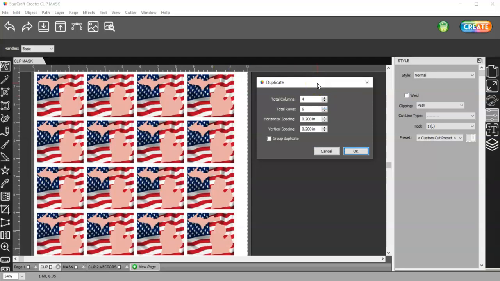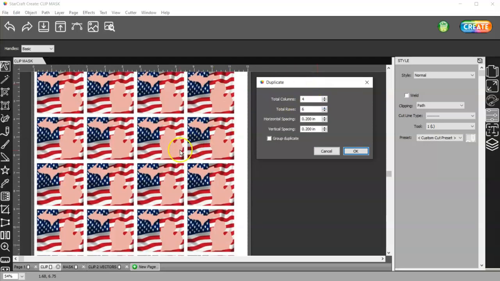And then let me zoom out here so I can, well, I can't with the box open. All right, I just want to make sure I don't have too many, so let's make this 5, or actually even 4. Okay, and then we have our horizontal spacing. Now don't worry about it showing the flag here, because once I'm done, it'll go back to the clip. But I can